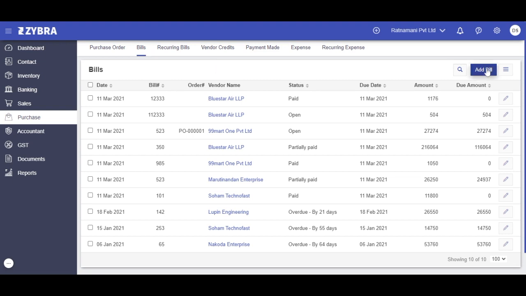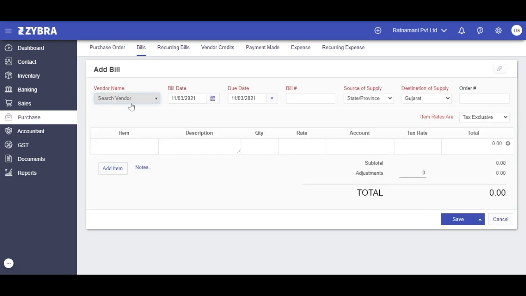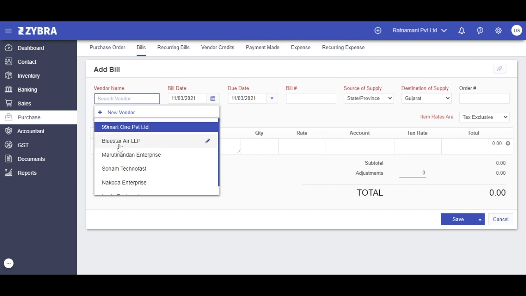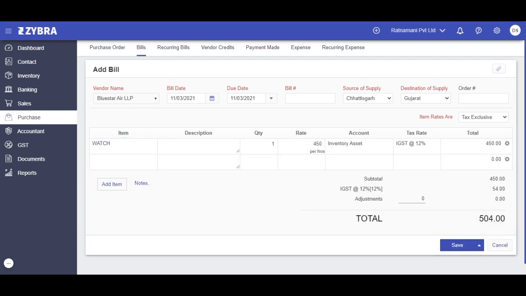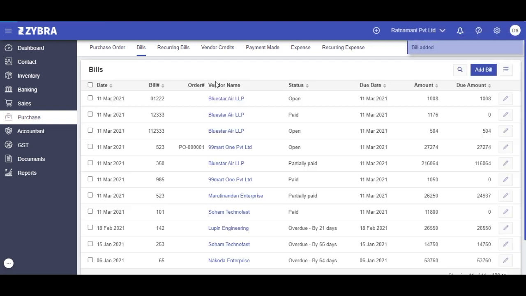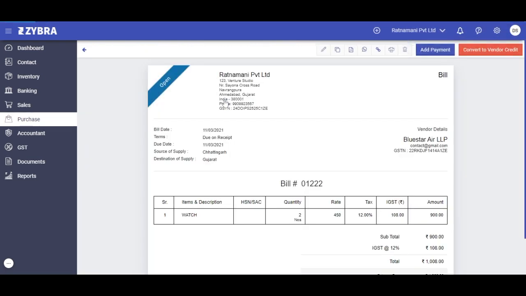Yeah, and if you want to add that bill, you have to click on add bill and you will see this kind of format. Here you have to write your vendor name from whom you purchased the item. Then you have to select the item and you will get your quantity and rate here. If you want to make any changes, you can change it through here, and here you have to write your bill number and then click on save button, and your bill will generate here, and in one click you can see your bill comes like this. You can also PDF it, share on WhatsApp and print it. If you want to edit it also, you can edit it and delete it from here.